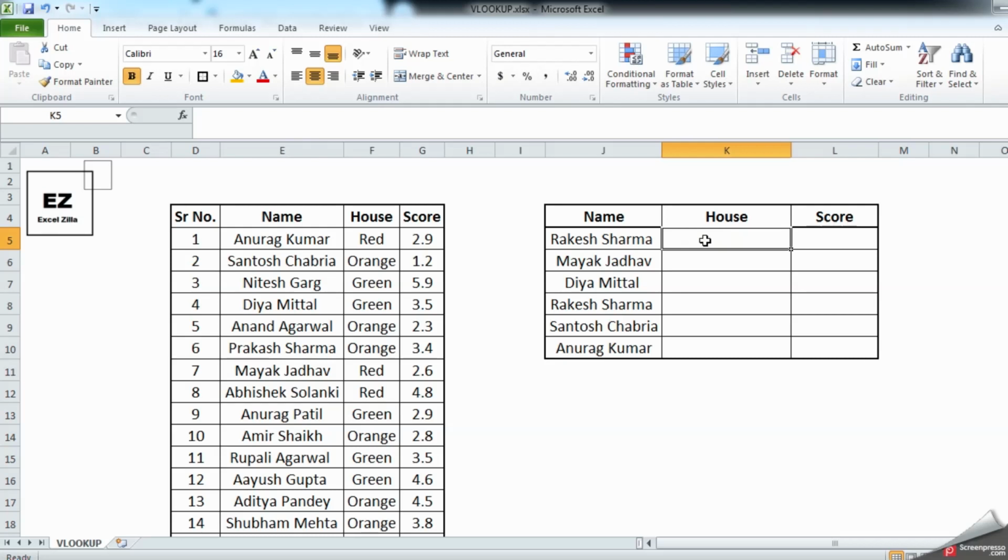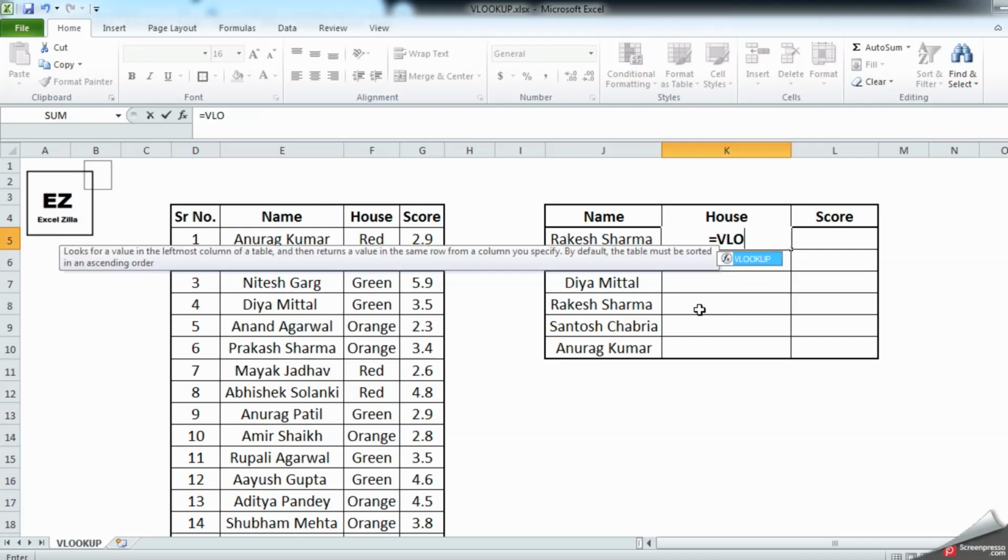Before starting any formula, you need to give an equal to sign, as we have learned in our past videos, and start typing. So VLOOKUP. You don't need to type the entire formula, just type VLO, it comes up, and just press tab.